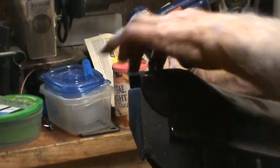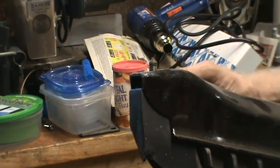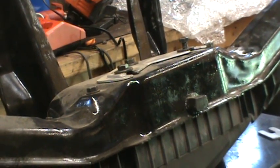If I can support it on those two brackets temporarily and then get this started, I'll be good. I'll get to that later. And I'm going to need a wrench to take these out. This is where the shims go. I'm not going to try to play with those while the thing is loose, because I think I'll just be difficult on myself. I think the easier way to go about that is to, oops, I'm not even pointing at the shims. The easiest way to go about that is